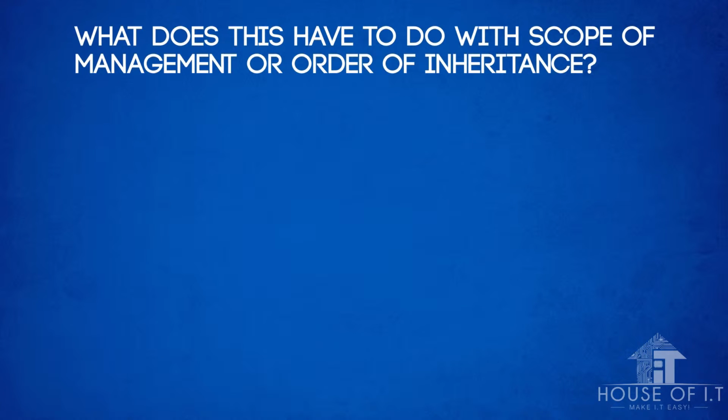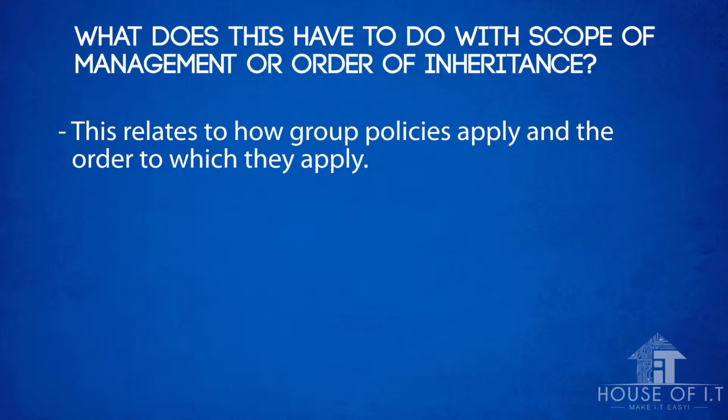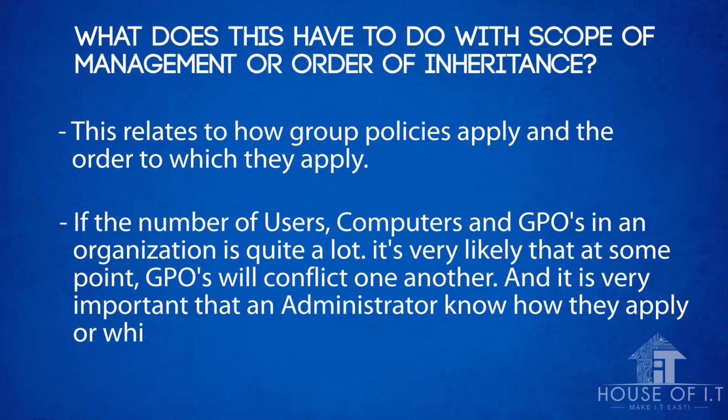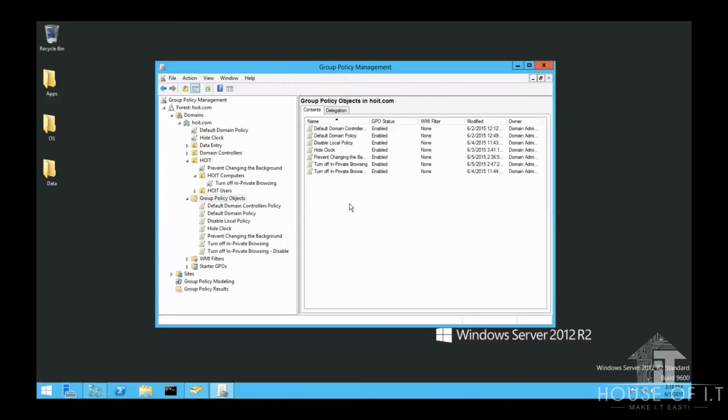Now, what does this have to do with scope of management or order of inheritance? This relates to how group policies apply and the order in which they apply. If the number of users, computers, and GPOs in an organization is quite a lot, it's very likely that at some point GPOs will conflict with one another. And it is very important for an administrator to know how they apply, or which GPO should apply to which user or computer. So I'm going to go to my domain controller right here,